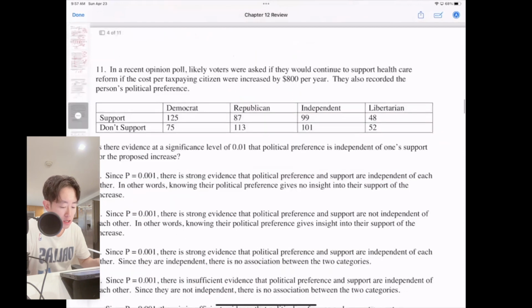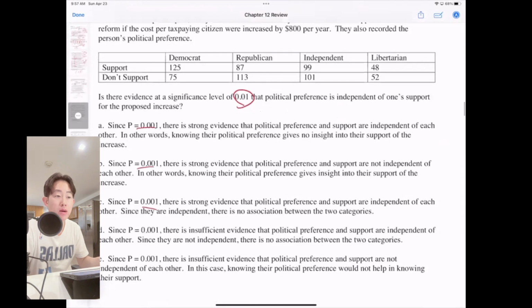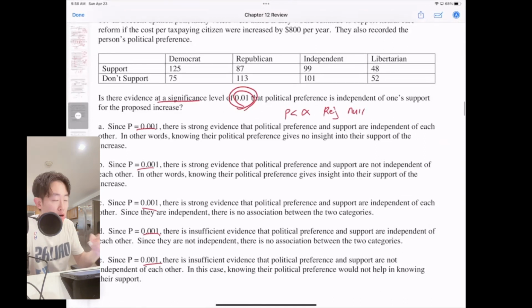11, is there convincing evidence at significance level of 0.01? So since we have all the p-values that are the same, I'm assuming that at the end of the day, you're going to get 0.001, which means it's extremely lower than the significance level of 0.01. So we are rejecting the null hypothesis. Is there significant evidence? Yes, that there is strong evidence or convincing evidence